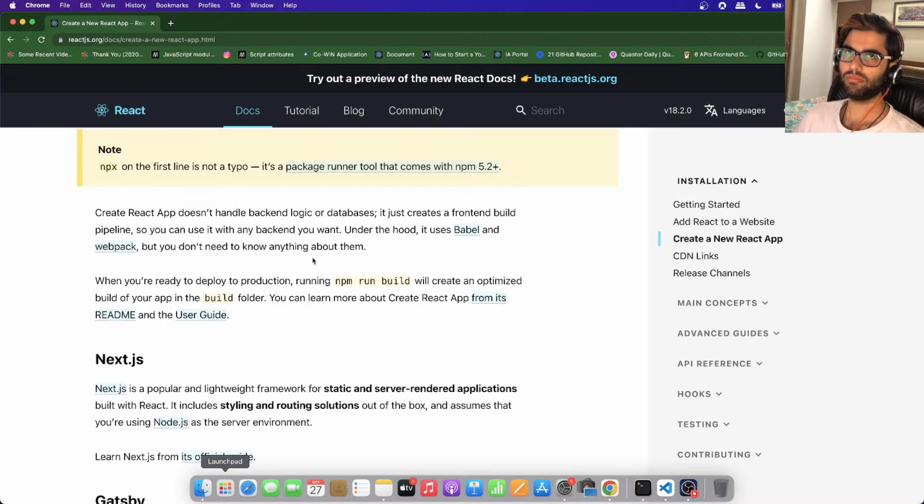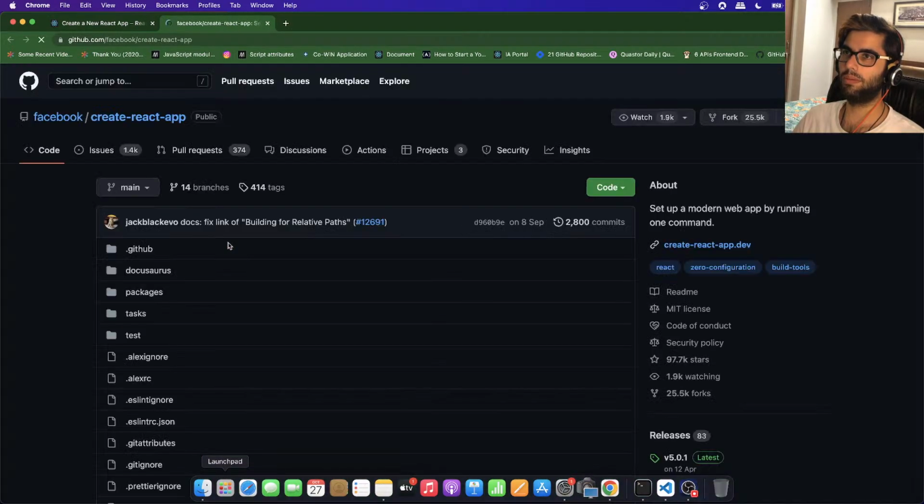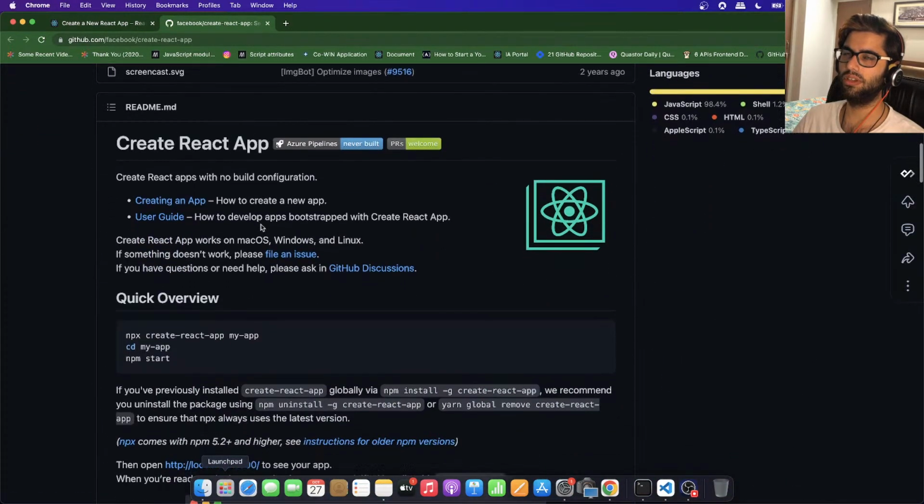Under the hood, create react app uses webpack. If you remember, a few weeks ago we had learned about webpack, which is a module bundler, and it helps us to manage the dependencies and all of the files of our project, right? So behind the scenes, create react app uses webpack. And you can read more about it on their documentation. All of these resources have been shared with you